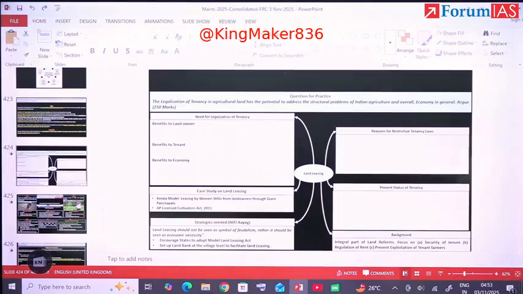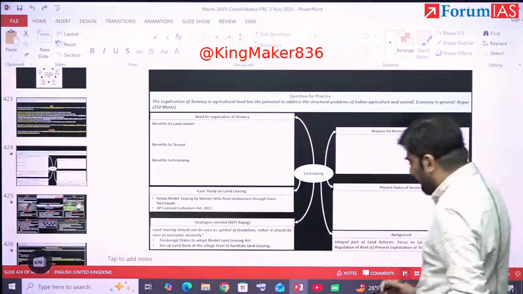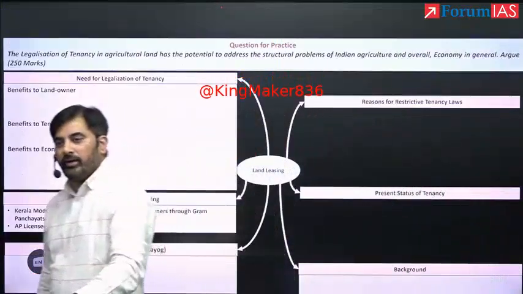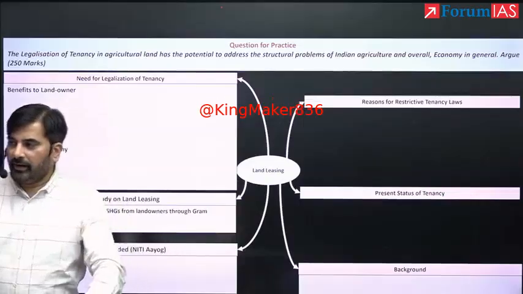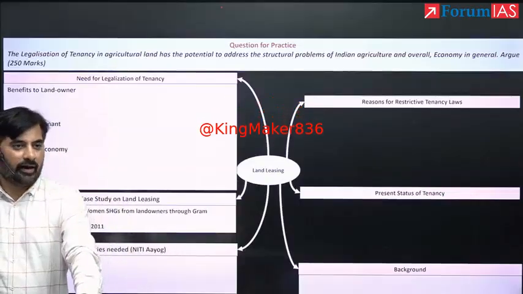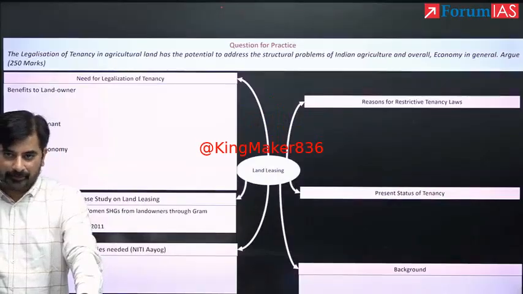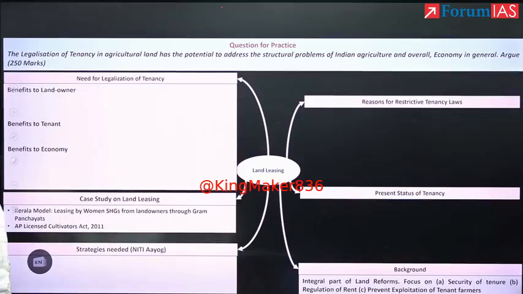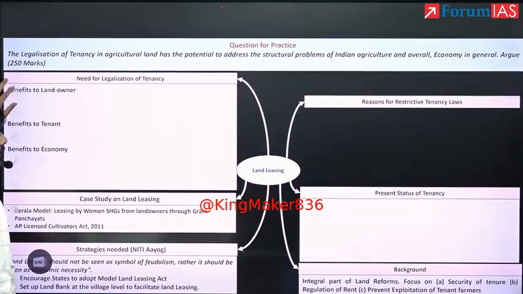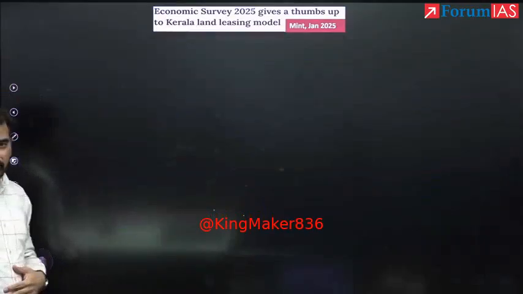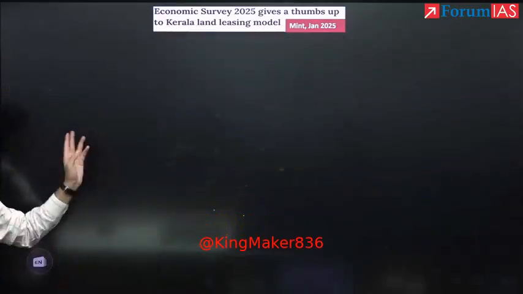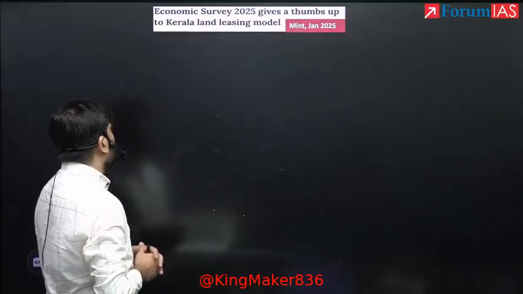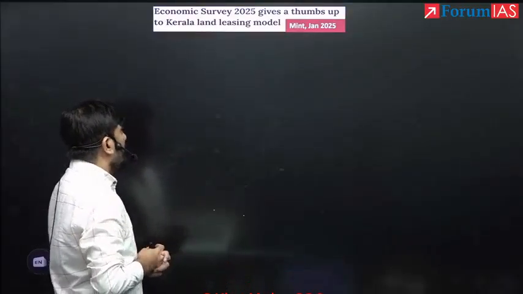Okay. I'll tell you why this topic of land leasing is important. Obviously, one reason is the PYQ I showed you. In one of the previous year mains, there was a question directly on contract farming and land leasing. Another reason is this year's economic survey. As you can see, this year's economic survey has given a thumbs up to the land leasing model from the